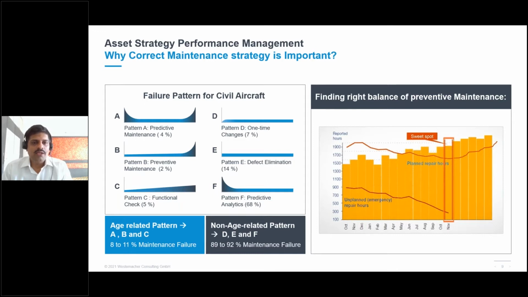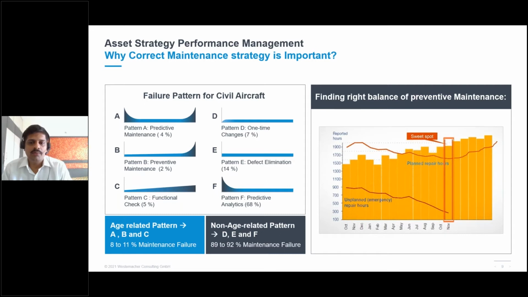patterns. Again, the key takeaway from here is that if you are only following the preventive maintenance approach as of now, then it's probably not the right or complete solution, and we have to look at some different options by which we can address all the problems well beforehand, so that we can get the maximum outcome or availability. Again, on the right side, the bar chart explains that preventive maintenance is always good